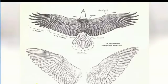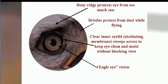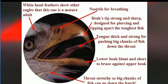On the throat, I am going to go back to that slide just for a second, because I did not finish what I wanted to on that. On that beak, when it was looking at the tongue, the one thing I wanted to show you on the tongue was, and they don't really say it here, but see how it kind of makes like a little fork, or has like a little notch there kind of towards the middle. That is called a bar, and on the very top you can see that it's black right where that bar is. They're showing us the underneath here, but on the very top there's a bar, and on that bar, that is